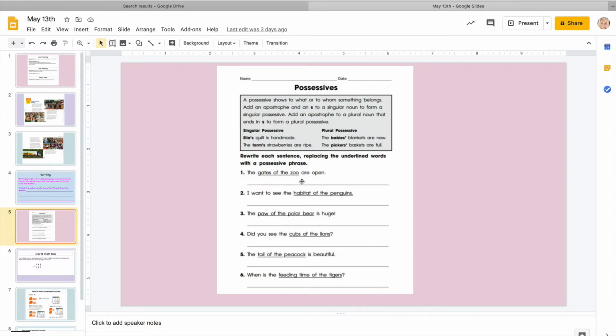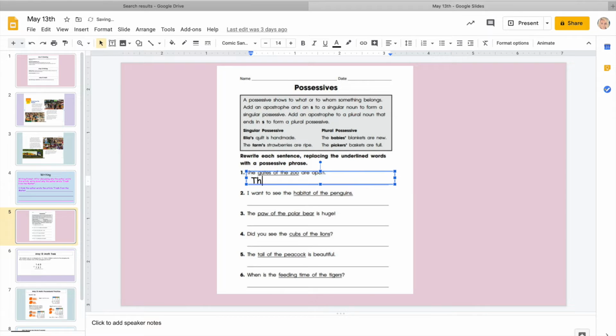So we're going to have a little bit of practice here rewriting each sentence, replacing the underlined words with a possessive phrase. So we are going to need to change the words up a little bit and decide if they are a singular possessive or a plural possessive. So let's go ahead and start with number 1. The gates of the zoo are open. Because there's an S, it's telling us there is more than one gate, so that is going to be a plural possessive. So if we were going to rewrite this sentence, we would need to